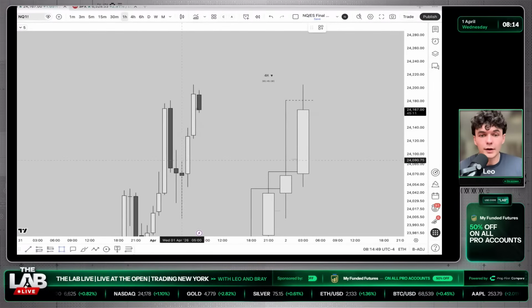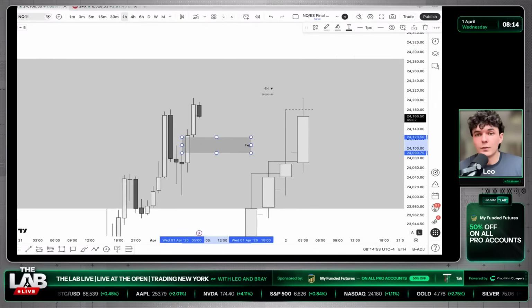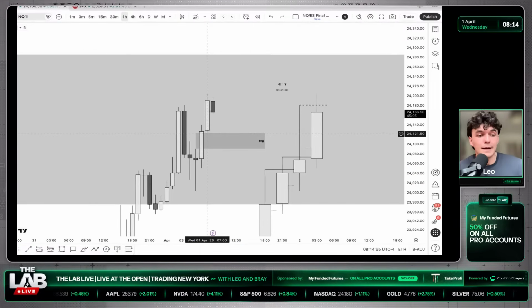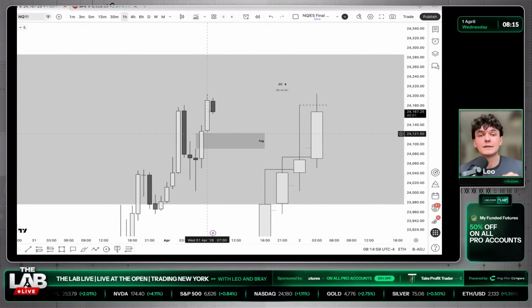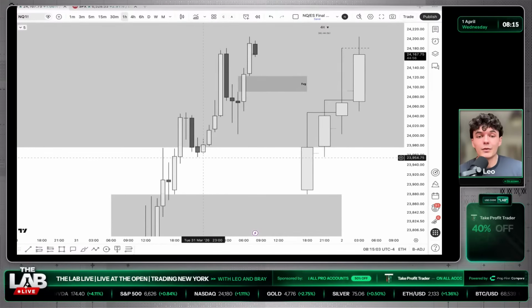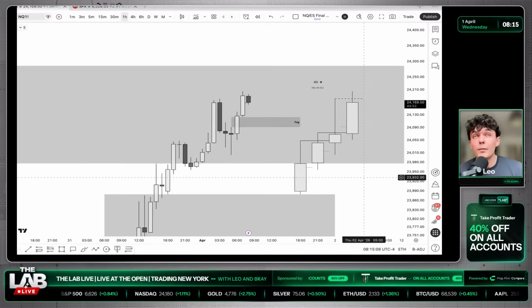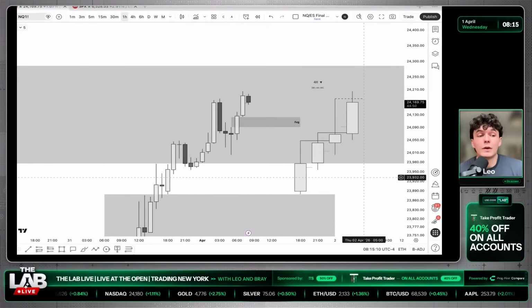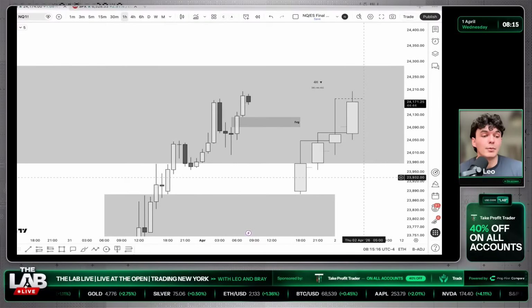So I'm honestly just marking a lot of these imbalances right now, because one of the major things to note is that when markets are creating this many imbalances, when we have this many fair value gaps, this becomes an area where we can start to scout for retracement periods. These retracements in market were very shallow, right? We didn't have many deep retracements. And so for New York session, it would be kind of hard to frame shorts because we are currently in a C3 expansion. But for myself, I can't lie, it's really looking like we're going to see prices continue higher.